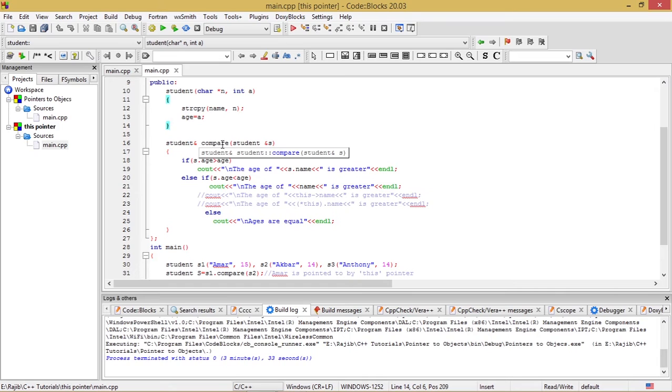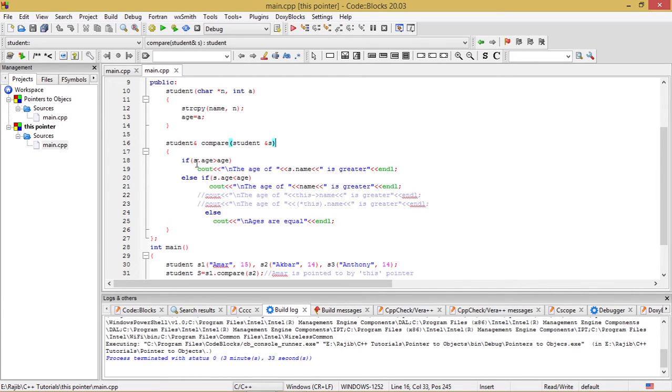The return type is Student &, because this function is going to return a reference to an object of the class Student. The argument's data type is also Student &s, that is, a reference to an object of the Student class, and that object is s.